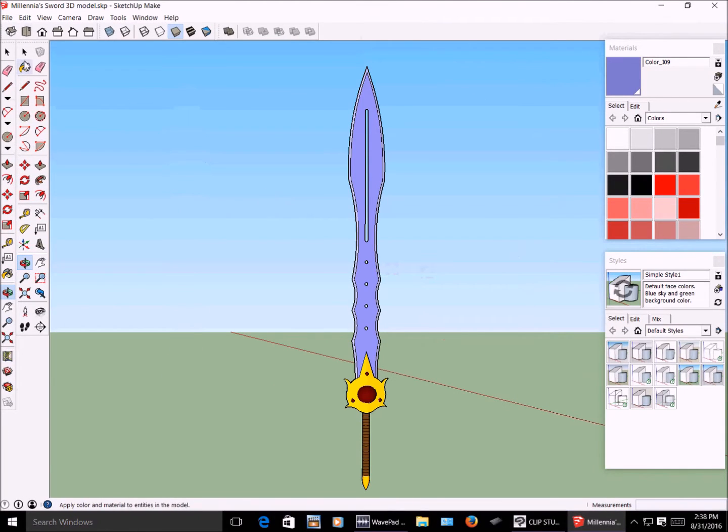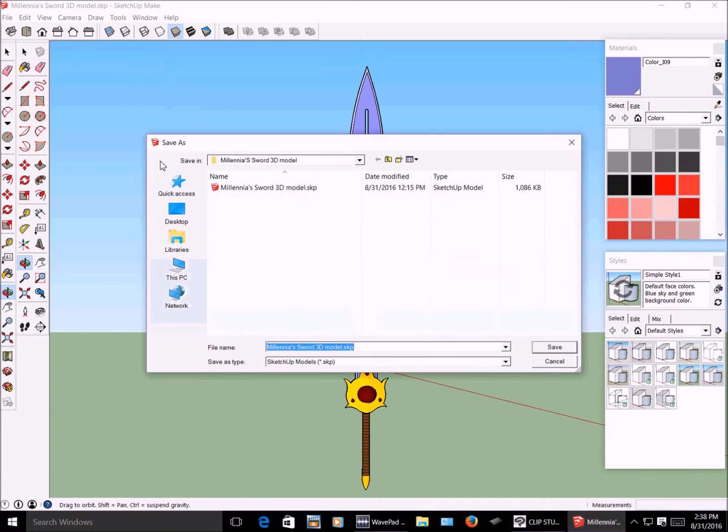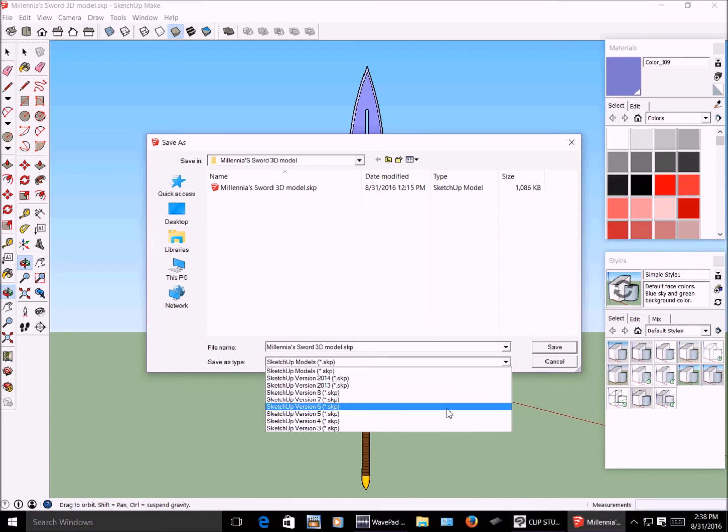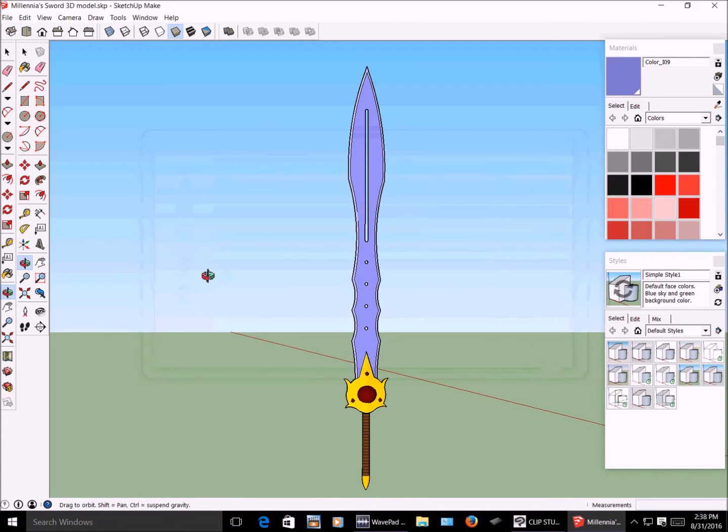Now before I begin, I'm going to show you, if I wanted to save this, it saves as a SKP file. This is a file format that Manga Studio just cannot read unless you have the full version, and you'll be able to have access to it. As you can see, if I were to pick the file types, it's all SKP. So I'm going to teach you how you can change this for yourself and use it.